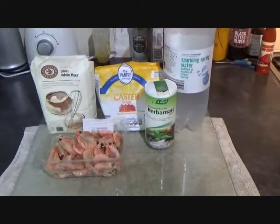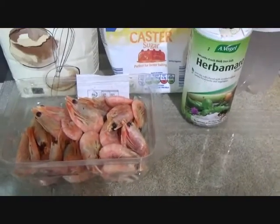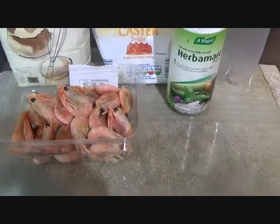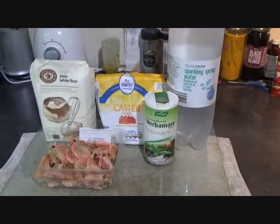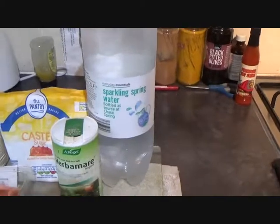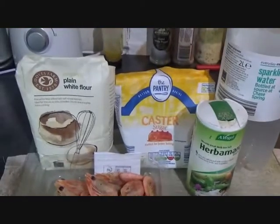Here's all you'll need for some lovely crispy prawns. Obviously prawns. Get the ones with the shells on if you can. People like to hold the crispy prawns by the tail. You can of course just buy the ones that are ready, but they won't have a tail on, so will still be crispy though. Gonna need some sparkling water, a dash of salt, a dash of sugar and some plain